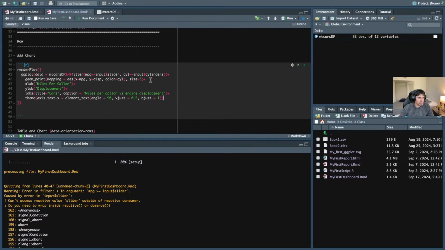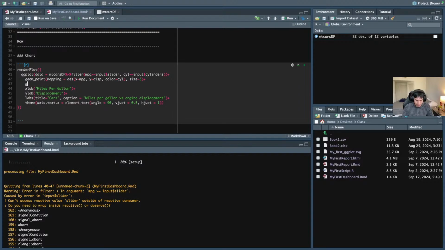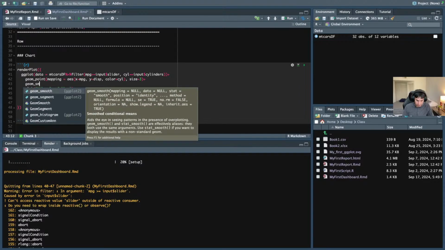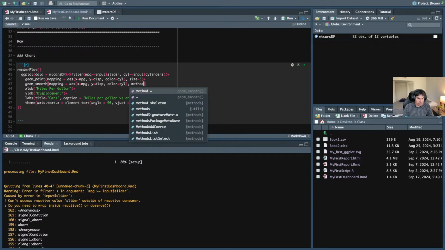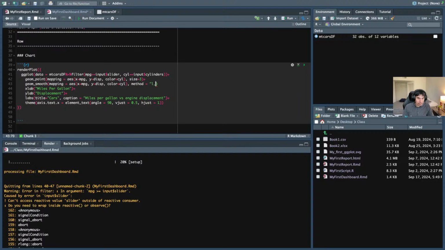Now, before we continue, let's add another geom. Let's add a geom smooth. Mapping x mpg, displacement, color cylinders. Then let's say method equal lm. Plus sign here,